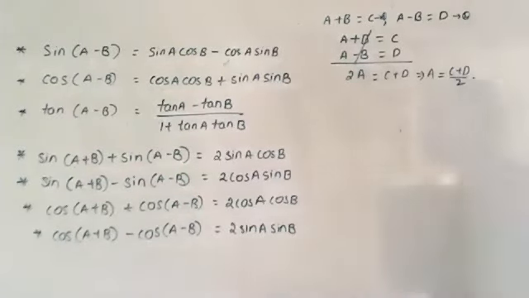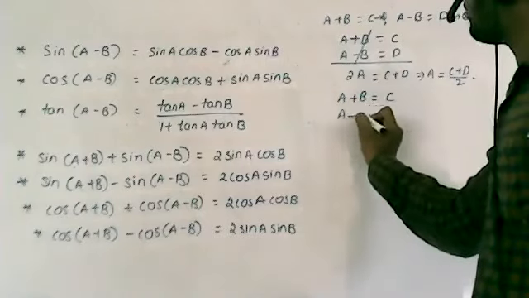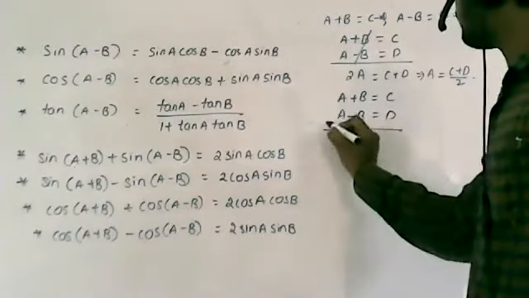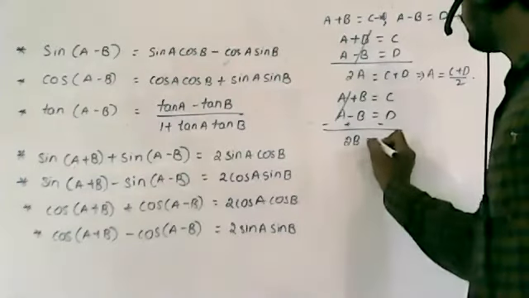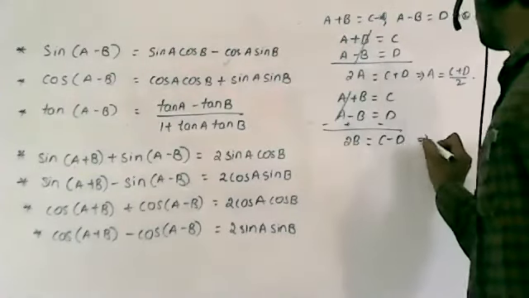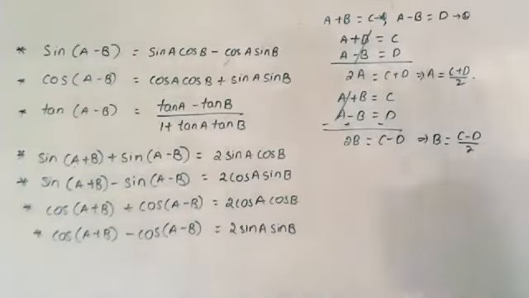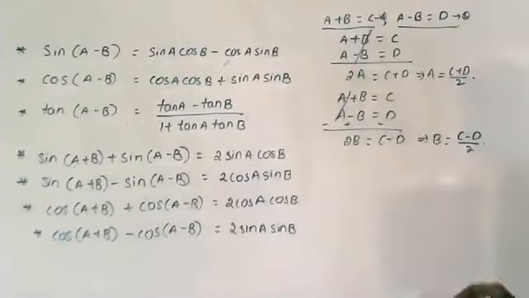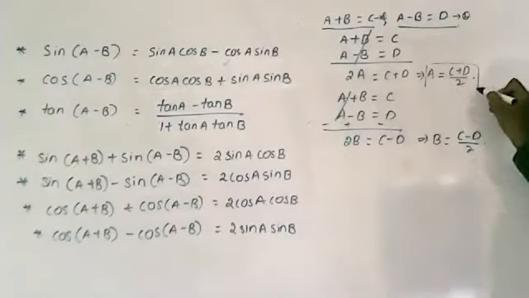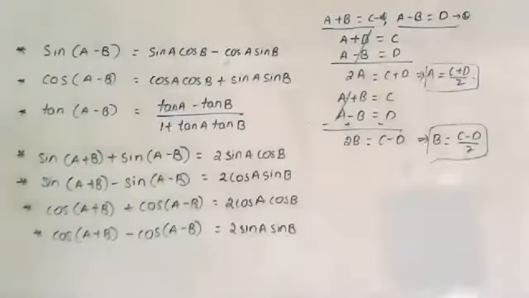In the same way, if I take a + b = c and a − b = d and subtract, then a − a will cancel, and 2b = c − d, that implies b = (c − d)/2. Now substitute a + b = c, a − b = d, and a, b also in these equations. How will these four equations be modified?